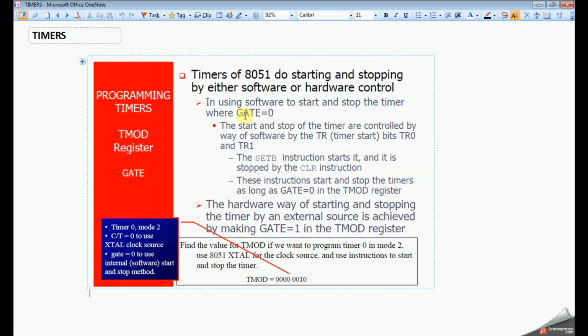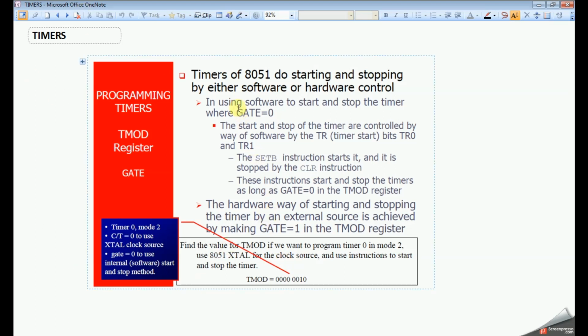This I already discussed: if gate is 0, then this is the internal or software method to start or stop the timer. There is an external method also: if you see gate equal to 1 in T mode, then that is the external method to start or stop the timer or counter. These concepts we will discuss in the next videos.